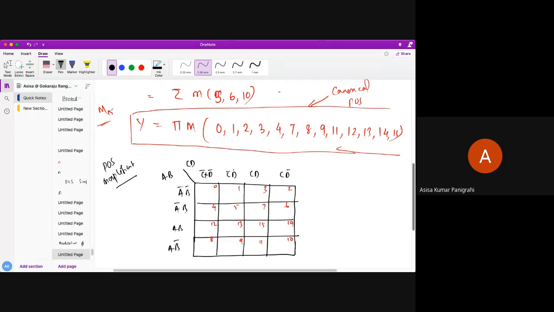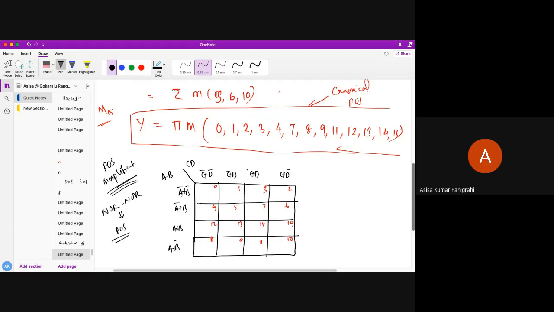So this will become C bar D bar, C bar or D, C or D, C or D bar. This will be A bar or B bar, A bar or B, A or B, A or B bar. Okay, do you all understand? Because you have to do POS simplification, we are not going to do SOP simplification, because for the non-NOR relation we need the POS function. So in order to get the POS function, we have to do the POS simplification.